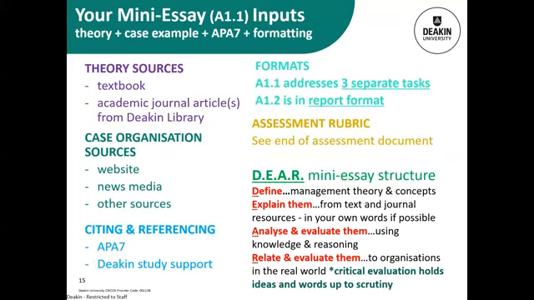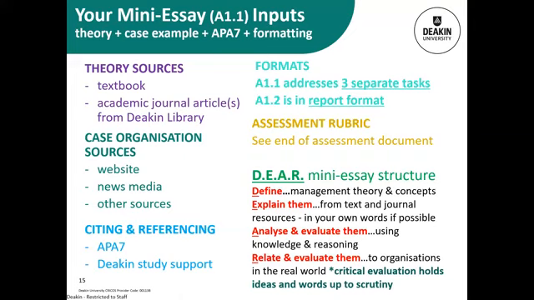All right, moving on, looking at the time, this is a breakdown of how you can put together all of those different components. It's a snapshot or summary of what's needed in your mini essay in task 1. First of all, you need to focus on the theory from your textbook, and the link is provided in the instructions. We also want you to research some theory as it could apply to organisations in general from academic journal articles. Again, the library link and sources will help you find relevant information there.